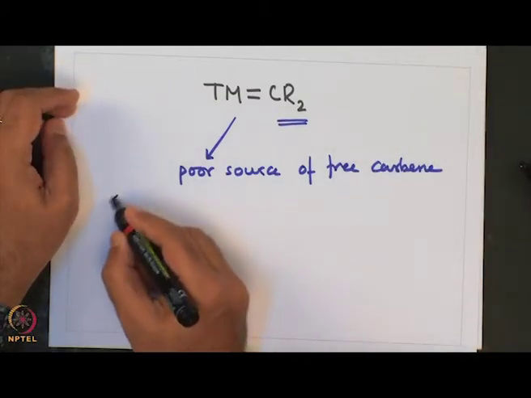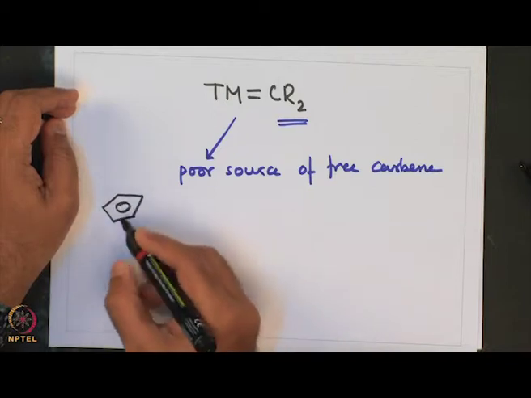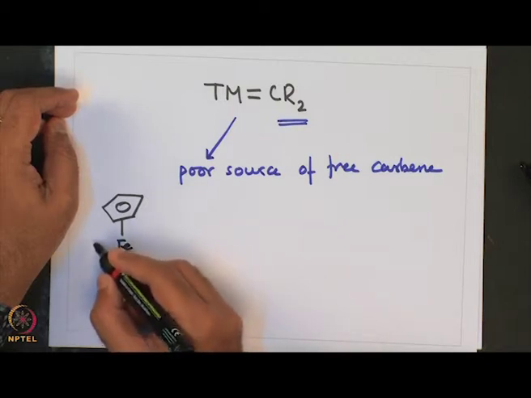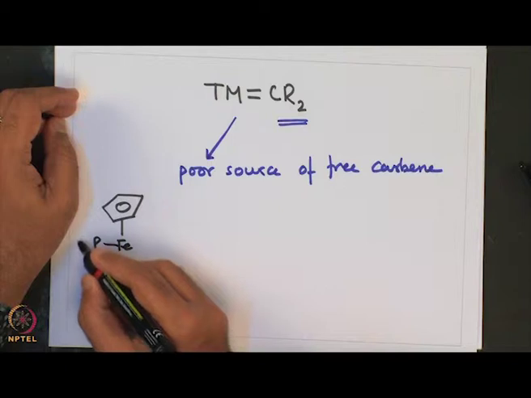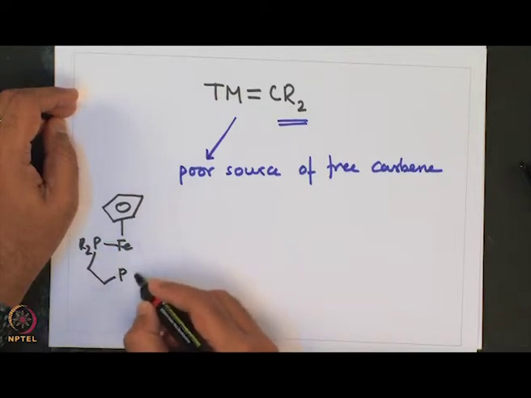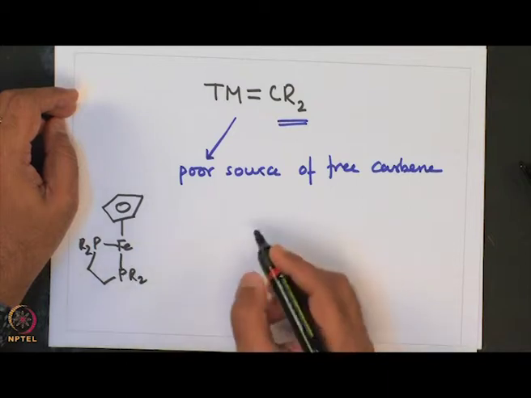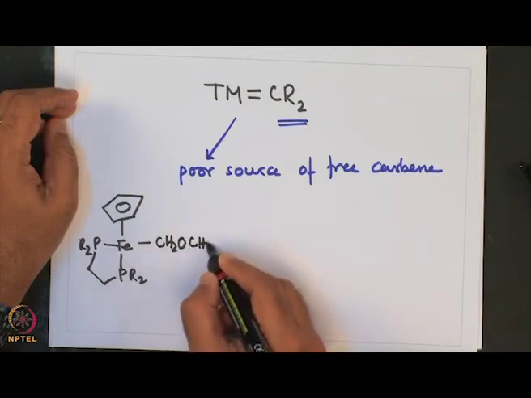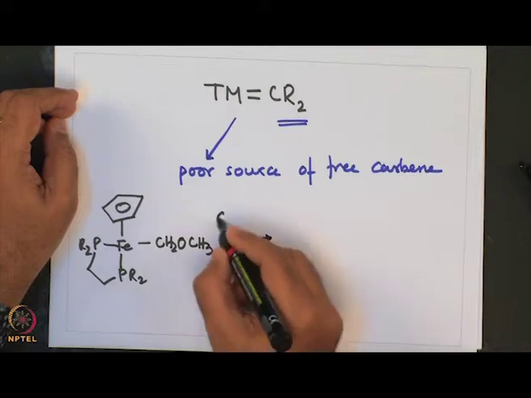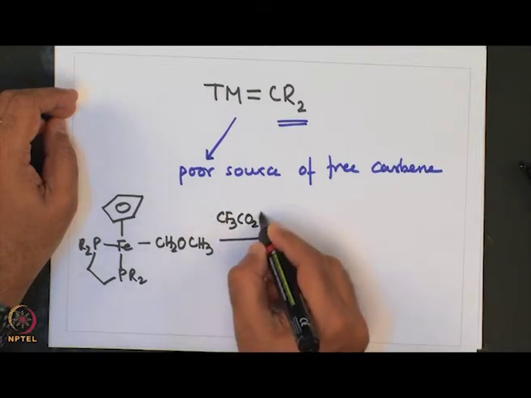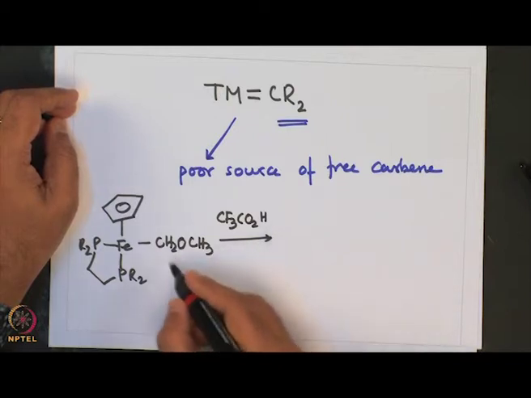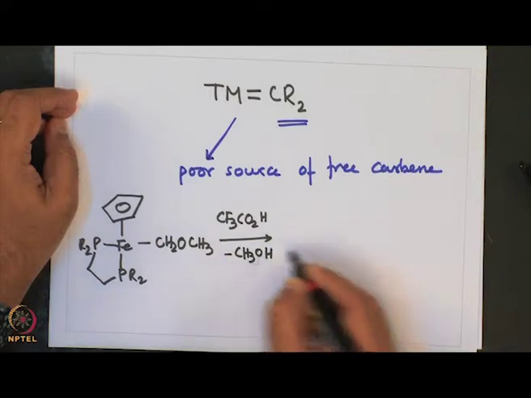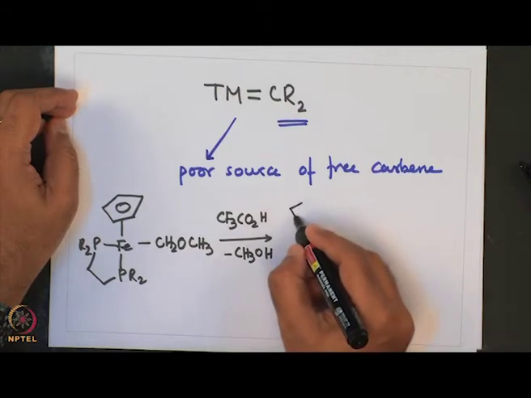So, for example, this Cp Fe complex with CH2 OCH3, when treated with CF3CO2H, eliminates methanol, which gets protonated to give this iron carbene complex,